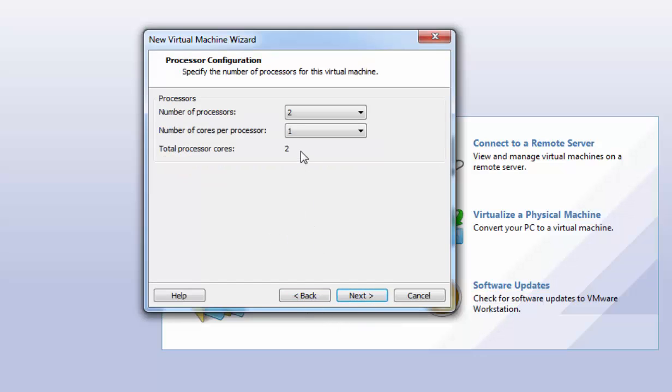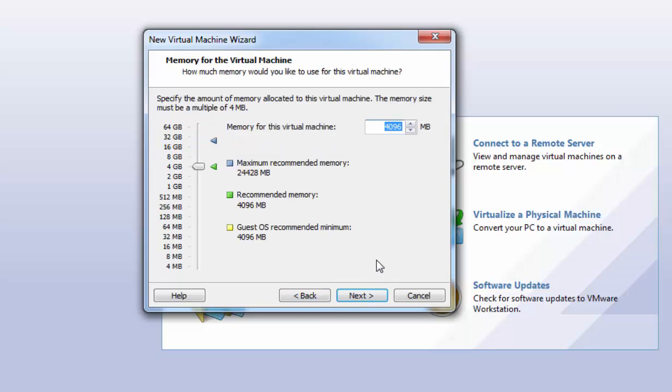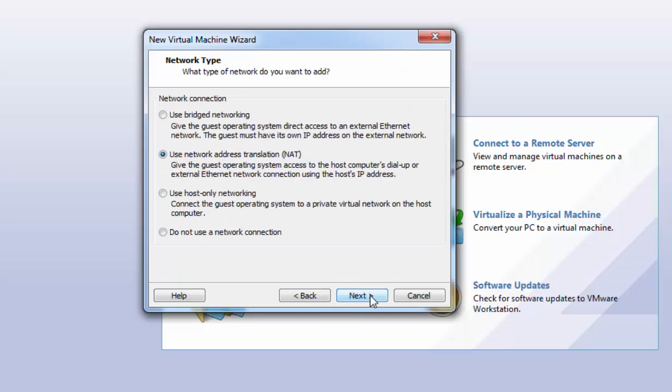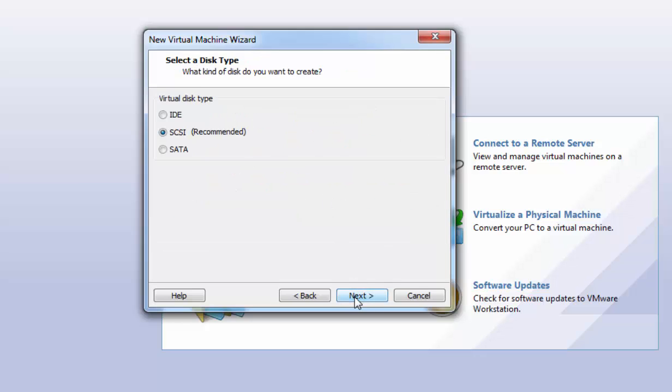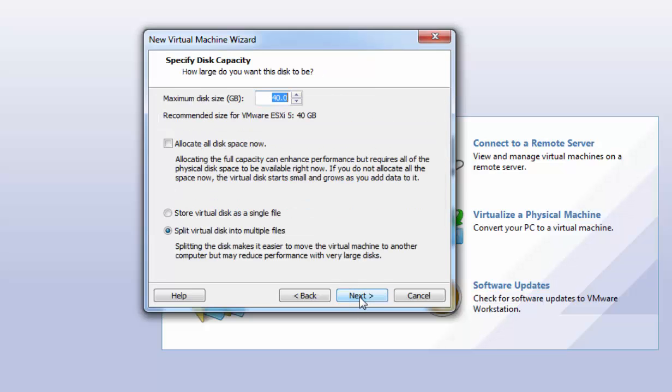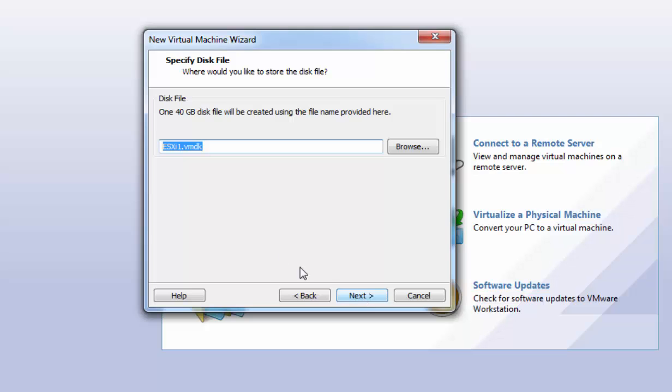Number of processors is 2. Number of cores per processor is 1. So better we keep the 2 and 2 for good performance. The RAM is 4 GB, that is enough. Do not use the network connection right now, we will add it later. LSI Logic SCSI controller, SCSI recommended, new virtual disk, 40 GB hard disk, store virtual disk as a single file, the name of the VMDK file,